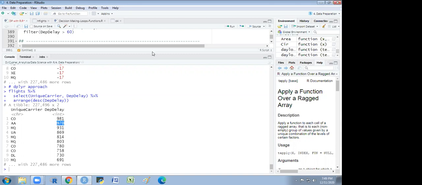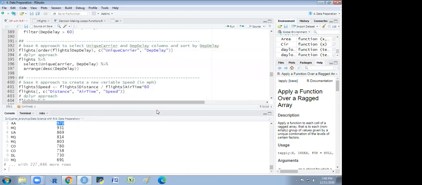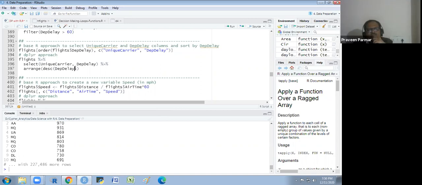Yes, sir. Sir, can we sort in other way apart from ascending or descending? If I want unit place even numbers, and then odd number unit, this type of sorting. Then custom sorting, you could use your own logic there. We have so many sequence functions and other functions you could involve here. And you could do so many things. It's a programming language. There is no limitation. You could use your own logic and apply the function and run it and debug whatever the bug or error you are getting.